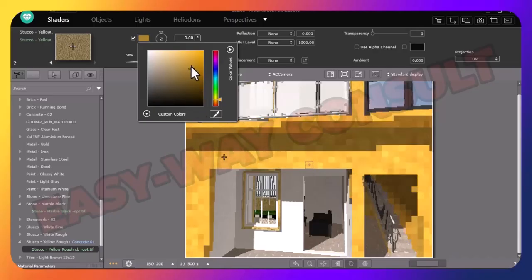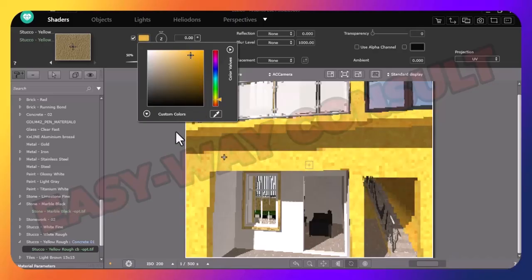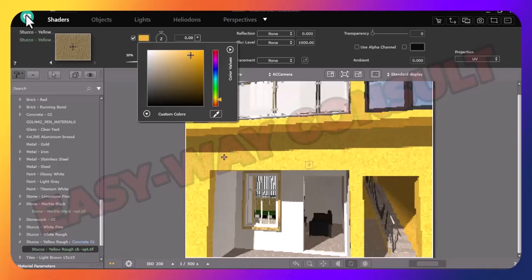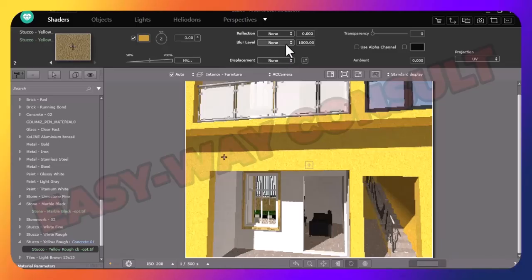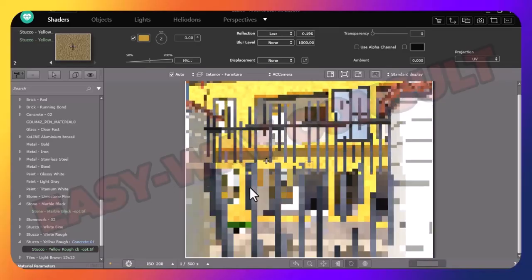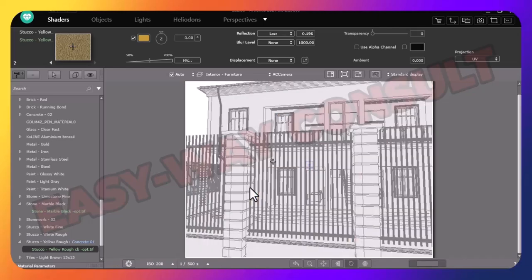Just a little bit reflecting blue. So I love it this way. So you can see it. So this is how to